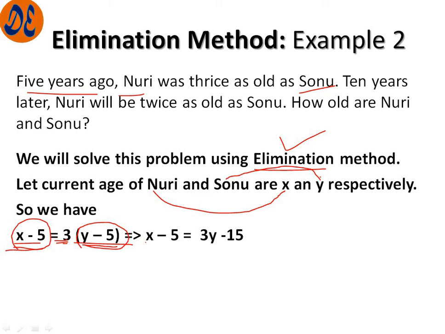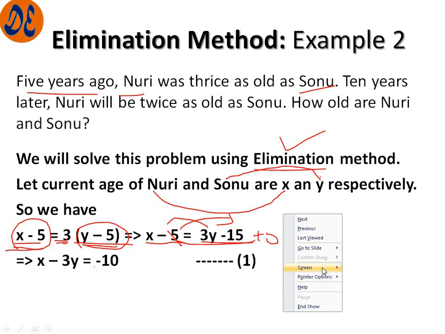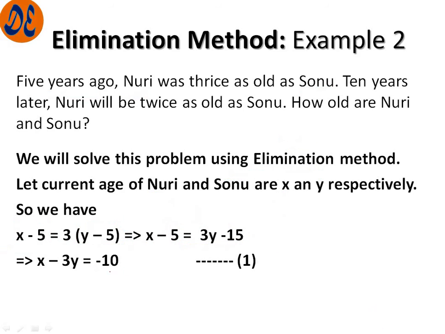So if we solve this one, we get x minus 5 is equal to 3y minus 15. Now we change these things: x minus 3y, and minus 5 will come to this side and become plus 5 over here. If we bring that over, it will become minus 10. So we have obtained the first equation as x minus 3y is equal to minus 10. Now the second situation,